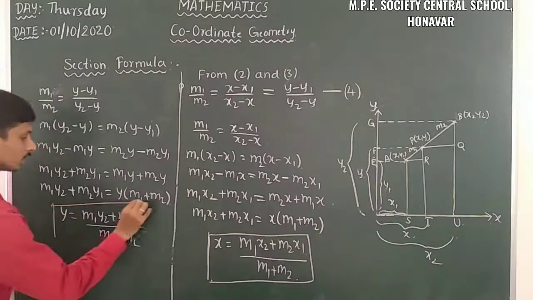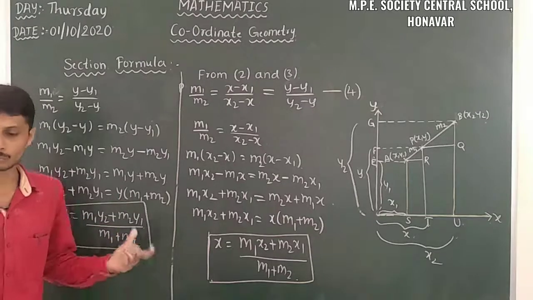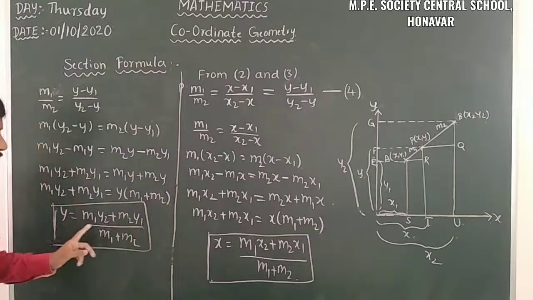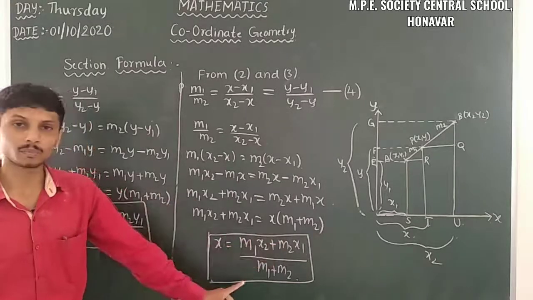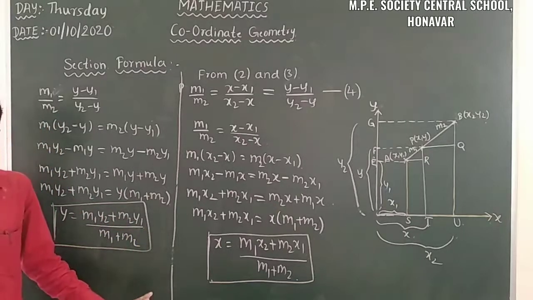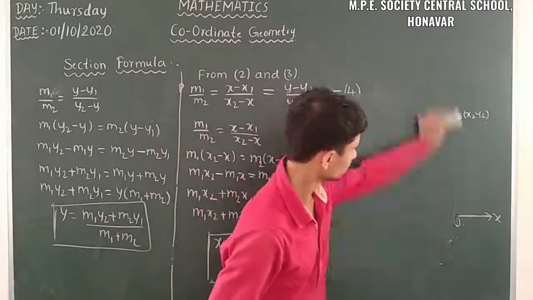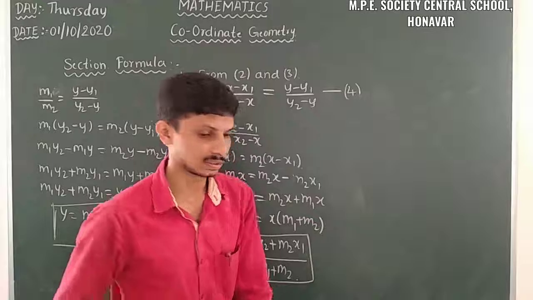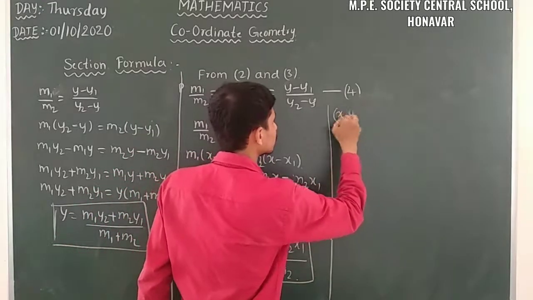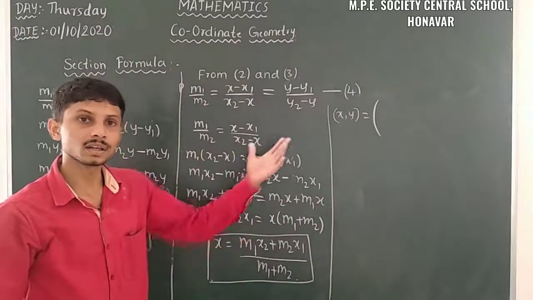So this is the relationship between y1, y2 and m1 and m2. So these are the coordinates we can easily take, that is x is equal to m1 x2 plus m2 x1 by m1 plus m2 and y is equal to m1 y2 plus m2 y1 by m1 plus m2. So we can take easily. So here I will write this here. Yes. So the required relation is x comma y is equal to, so P of x comma y, so we can find out the relation easily, that is